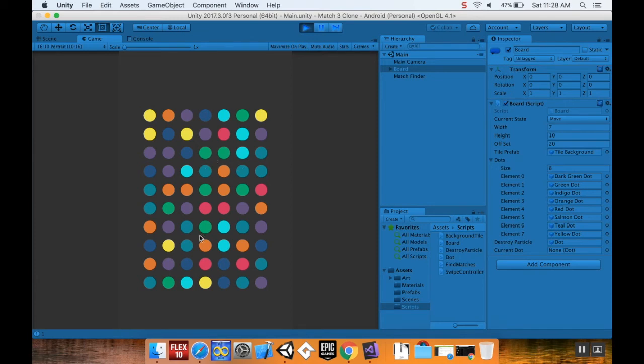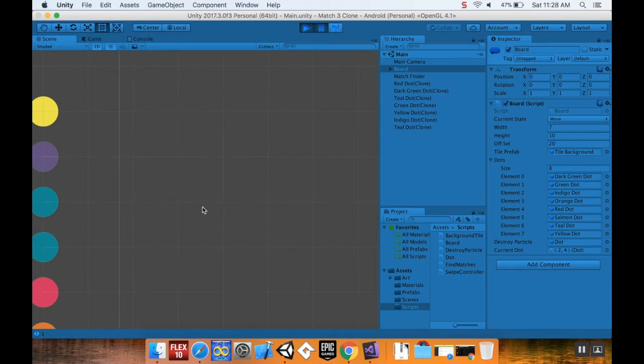So I'll probably speed this up. Okay, so right away, there's a place where I could get a match 4. So I'm going to swap, and there we go. The piece that I swapped turned into this. Now the one thing that did happen though, if I pause this and look over in my scene view,